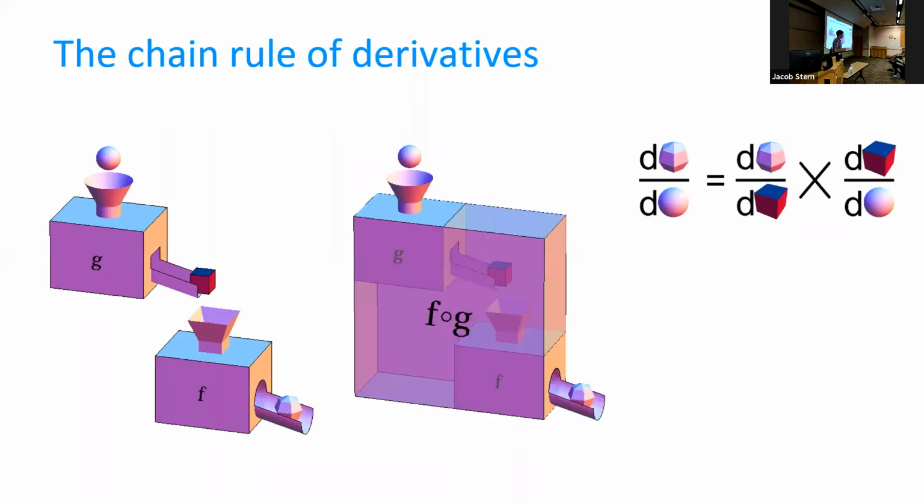So the chain rule of derivatives is used to take the derivative when you have a chain of functions, or in math it's sometimes called a composition of functions. And that's indicated by this circle composition operator. All this means is f of g of x, or f parentheses g with parentheses x. So basically what we're doing is we're taking the output of one function and feeding it in as input to the next one. And the chain rule of derivatives tells us how to take the derivative in the case of